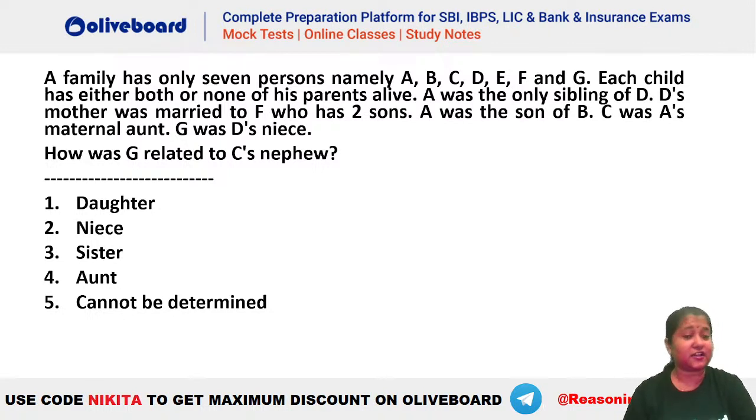Or is it that we cannot determine the gender of this person? That is, what is the gender of G? ऐसा कुछ है? Cannot be determined क्यों होगा? अच्छा चलो, cannot be determined is the right answer. That is right. Mayank, you are absolutely right. But you'll have to tell me that why it is cannot be determined.